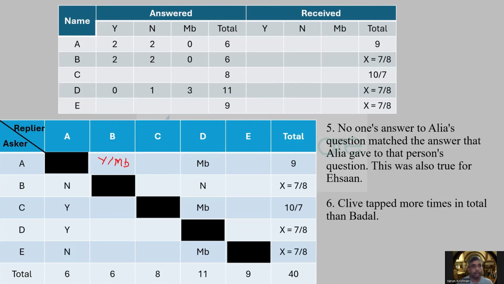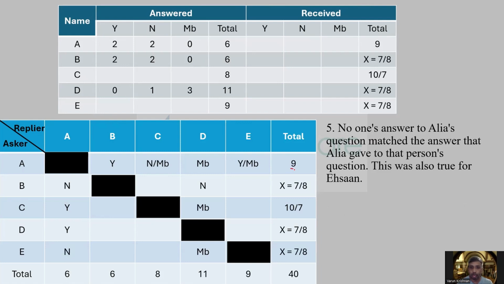Now see, maybe is not possible because Badal has 0 maybes, which means Badal has had to reply yes to Alia. Similarly, Alia has replied yes to Clive, so Clive must have replied either no or maybe to Alia. And similarly, Ehsaan has replied no to Alia, which means that Ehsaan must have replied either yes or maybe to Alia. I mean, Alia has replied no to Ehsaan, so Ehsaan must have replied either yes or maybe to Alia. Okay. Now with this concretized, interesting thing to note here is that with respect to Alia's received taps,